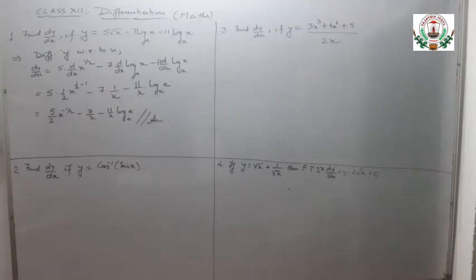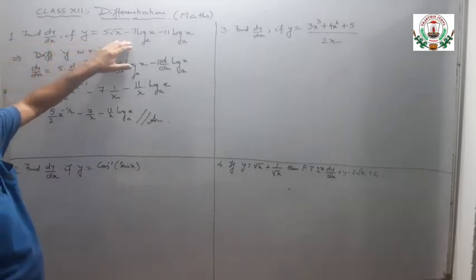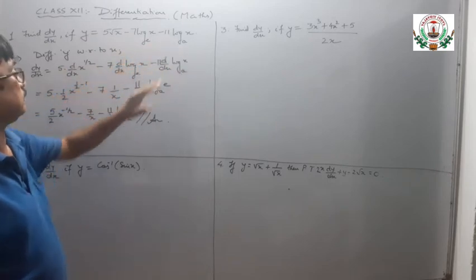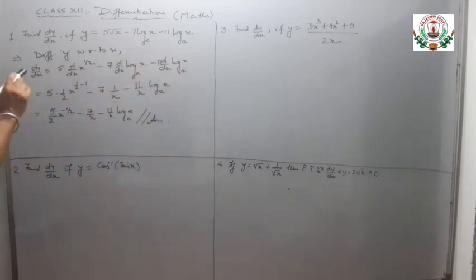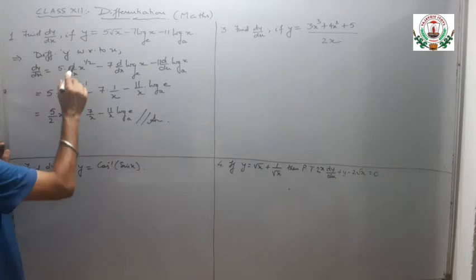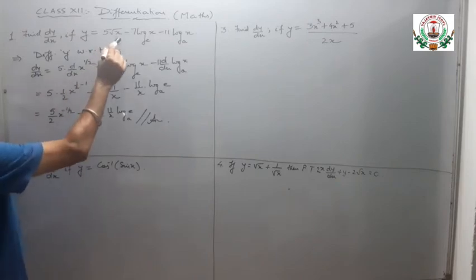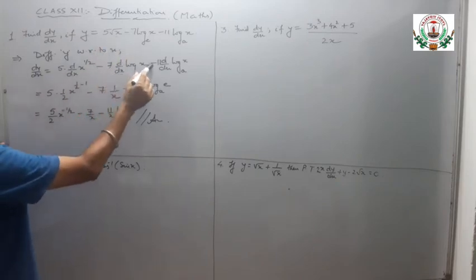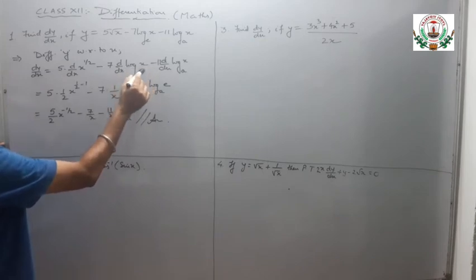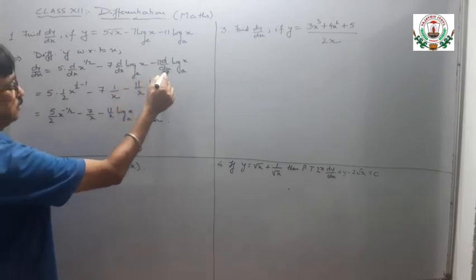Hello, good morning students. Find dy by dx if y equals 5 root x minus 7 log e x minus 7 log x. Differentiating y with respect to x, 5 d by dx of x to the power 1 by 2, minus 7 d by dx of x log x to the base e, minus 7 d by dx of log x